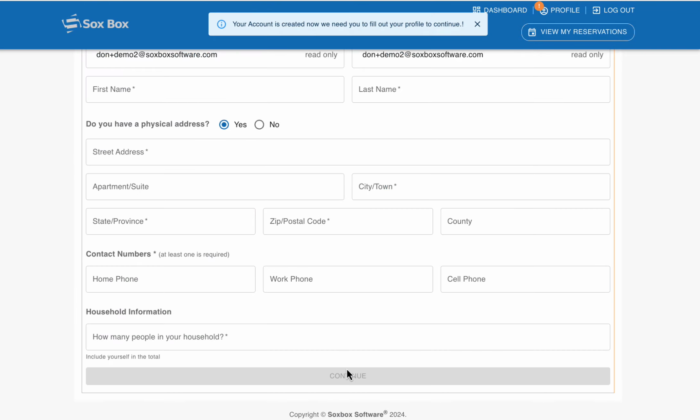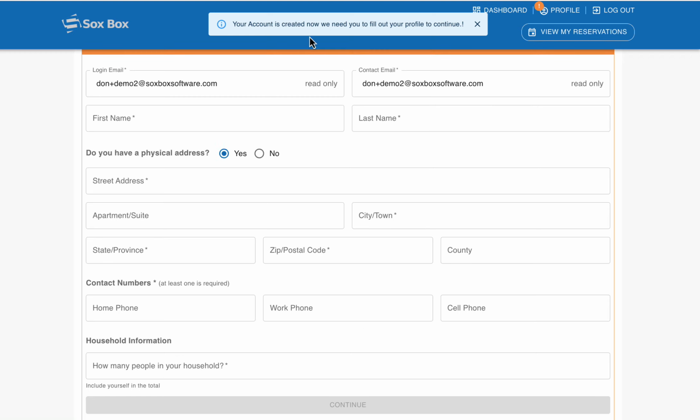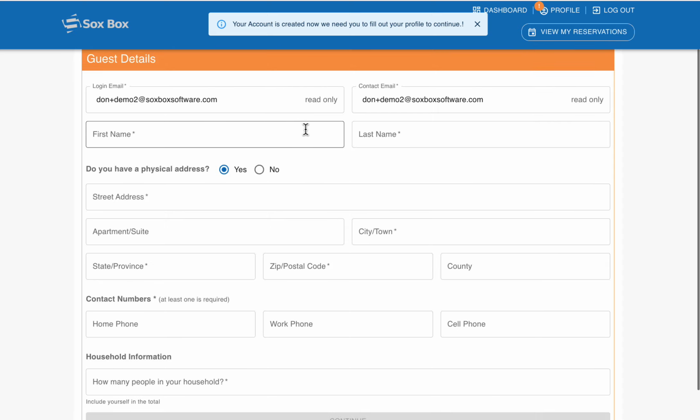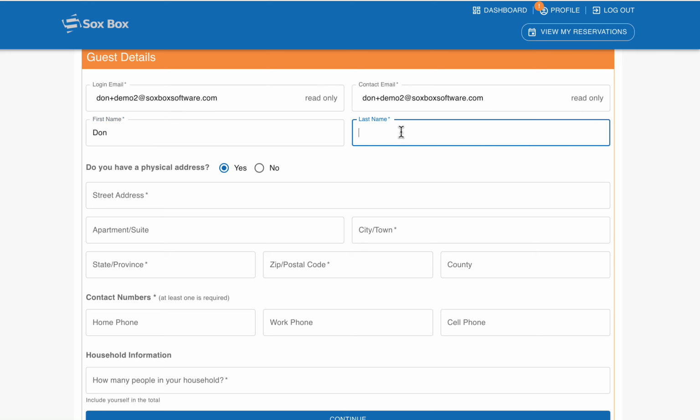Now, once you submit, you have to create your account. So it says your account is created. Well, technically, we need to fill it in. Now you need to fill out your profile to continue. So you can see my email here. So you can have a login and a contact email. You put in your first name, last name,